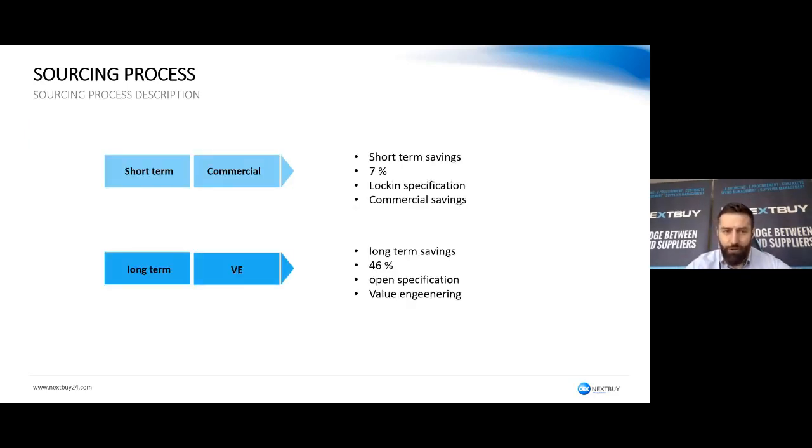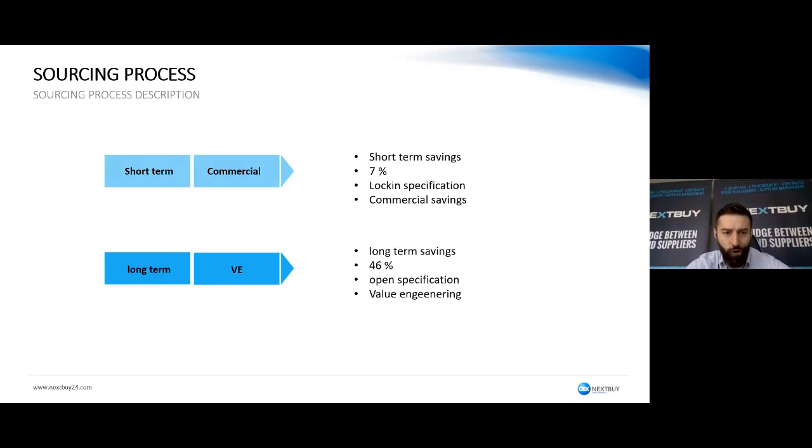But then you have two outcomes. I mean, the story does not necessarily need to go super wrong. You have two potential scenarios that you can draw from here. Short-term savings, you make it purely commercial. You harvest the 7% price decrease on whatever you have with your incumbent supplier, and that specification is locked in. It's the same specification as it was in the past. And the commercial savings has that advantage that it starts and ends in procurement. So you don't need to involve anyone else in the company. You just shave the 7% out of the price with your suppliers, thank and bank, and you're good to go.